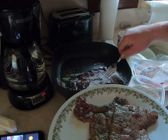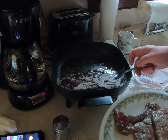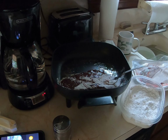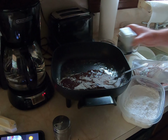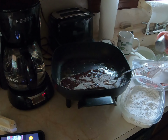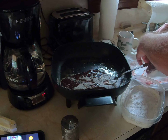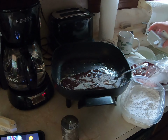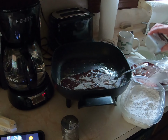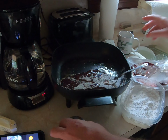That one didn't really get too much flour on it, but I guess we'll use that as an experiment. A generous portion of salt and pepper. Not much. Don't need much. You know, I've often thought about taking